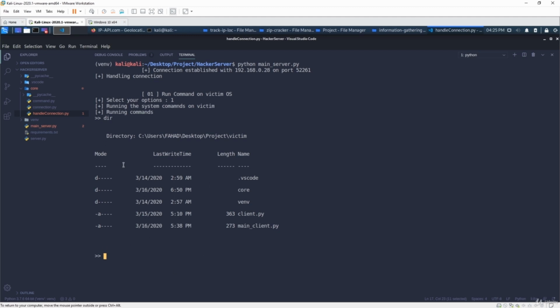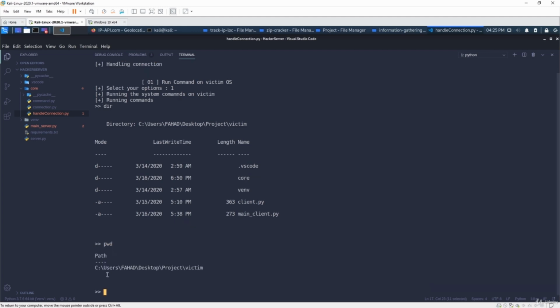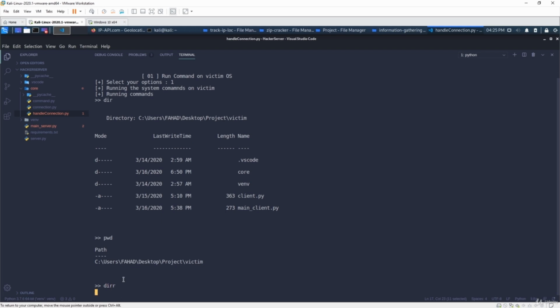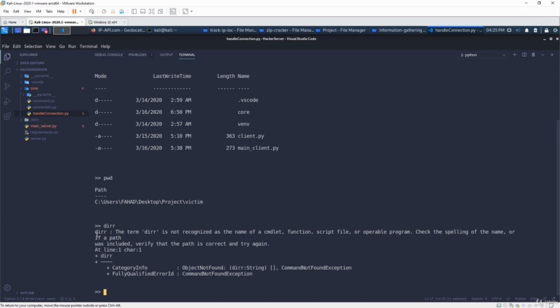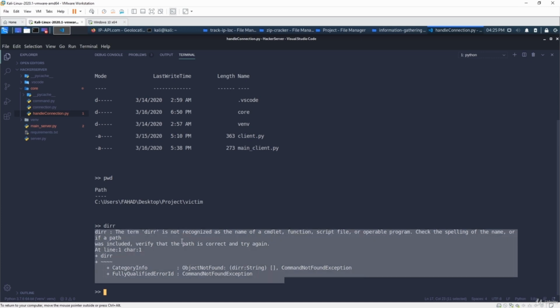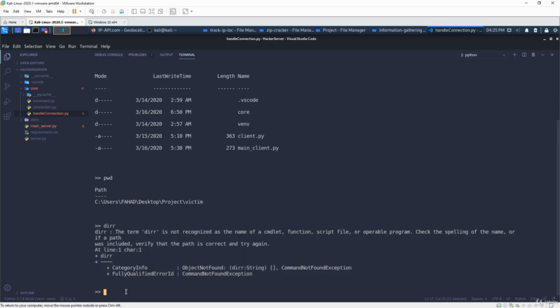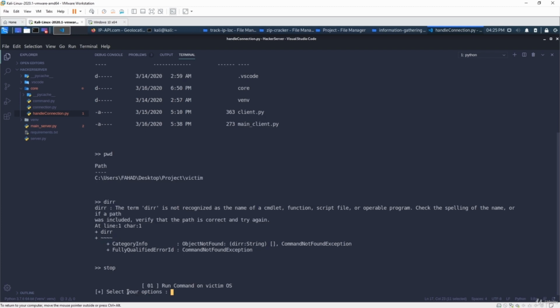Now I can run multiple commands here. If I write pwd, it will give me the present working directory, and if I write dirr, which is a spelling mistake, now it should give me an error. So it gives me a proper error and it didn't break the program. And if I want to exit, I can say stop, and then it will go back to the main menu,